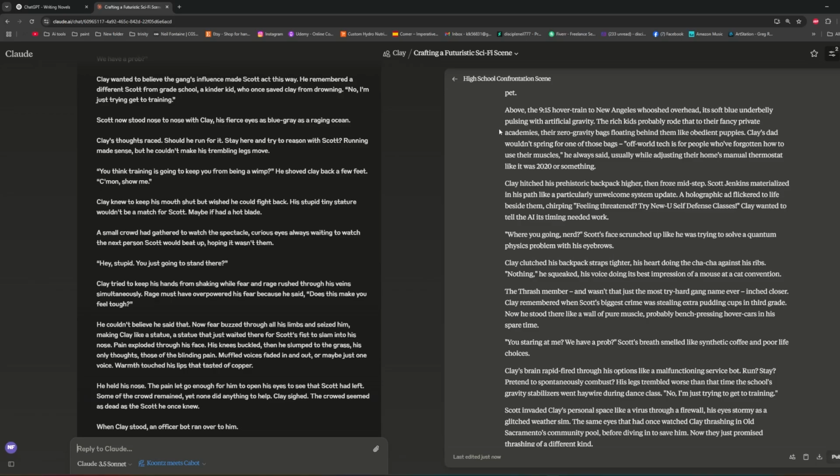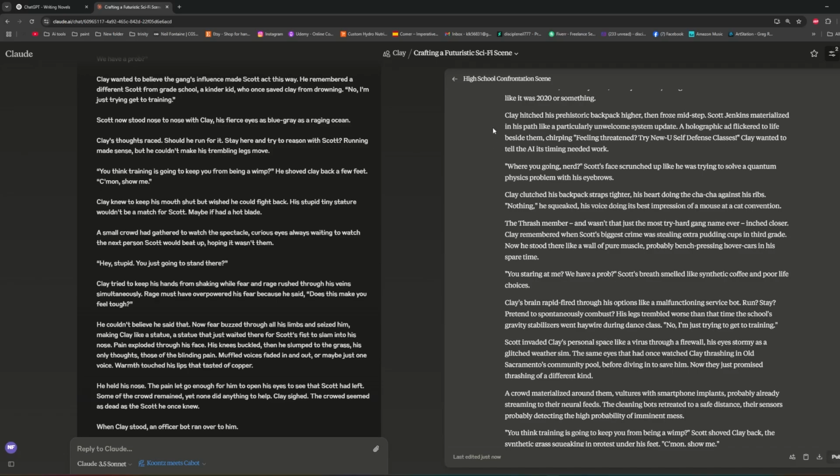Above, the 915 hover train to New Angeles whooshed overhead, its soft blue underbelly pulsing with artificial gravity. The rich kids probably rode that to their fancy private academies, their zero gravity bags floating behind them like obedient puppies. Clay's dad wouldn't spring for one of those bags. "Off-road tech is for people who've forgotten how to use their muscles," he always said, usually while adjusting their home's manual thermostat like it was 2020 or something. Clay hitched his prehistoric backpack higher,